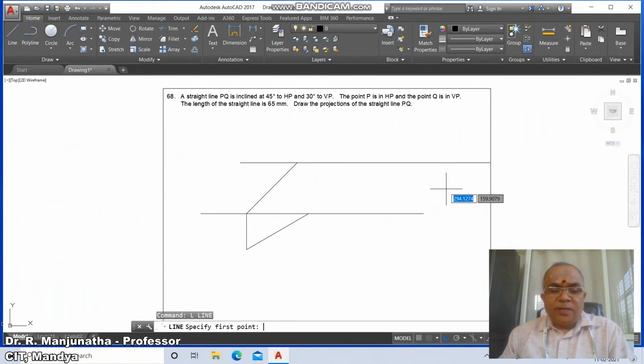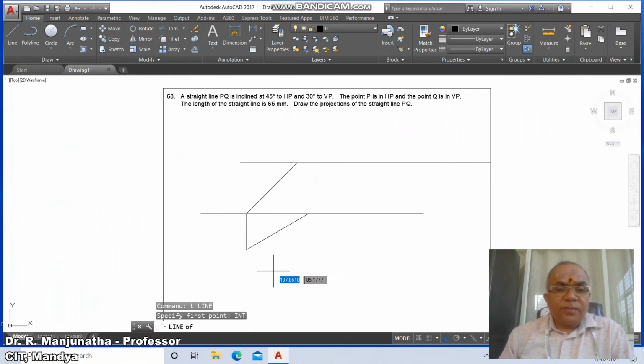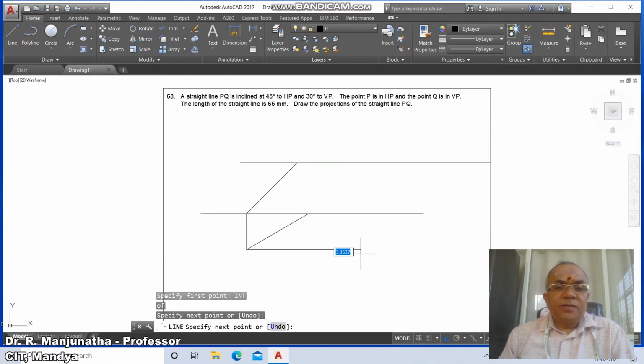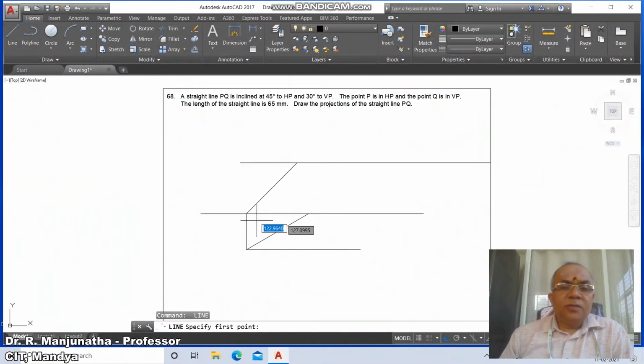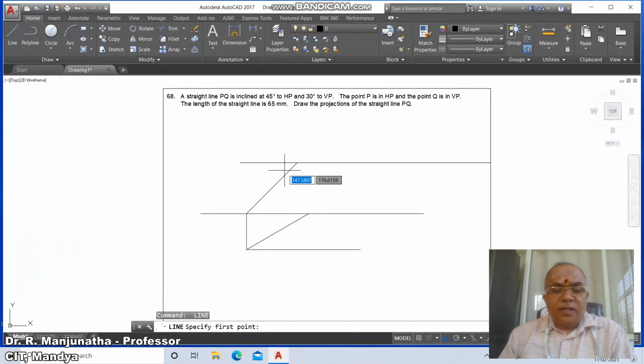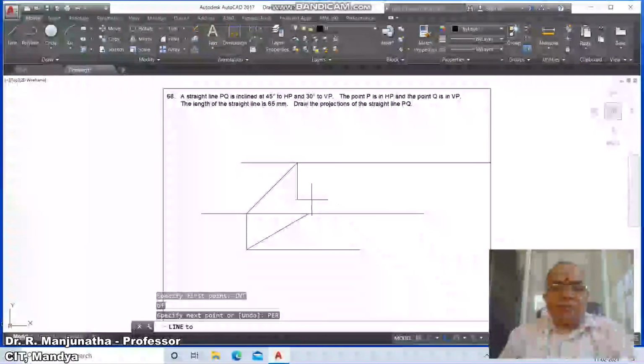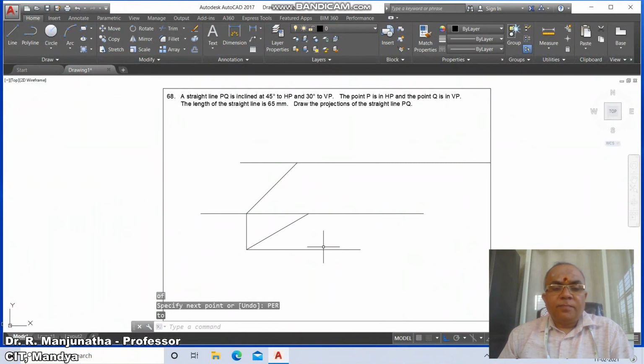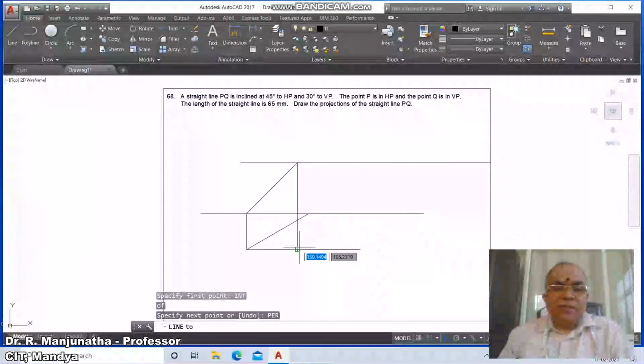Then go to line command, draw a line from intersection point of this, and you drag this. Similarly, you draw a line from intersection point of this perpendicular to this line, and then line intersection of this and take perpendicular to this line.